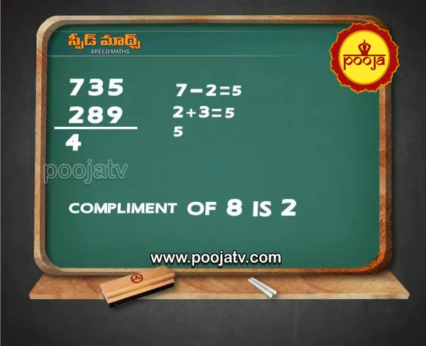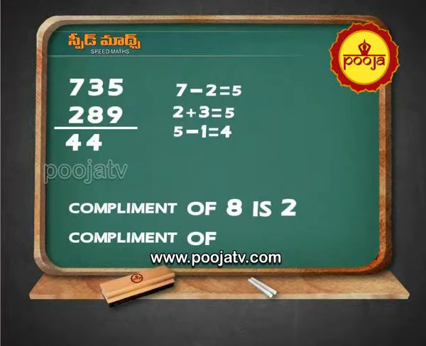Now add the complement of 2 to 3. Here you cannot subtract 3 minus 8, it is mismatch. I told you, when it is mismatch, what to do is a simple thing. Add the complement of the lower number to the upper number. What is the lower number? It is 8. What is its complement? 8's complement is 2, because 8 plus 2 is 10. 2 plus 3, 5. You are supposed to write 5 here, but immediately you have to see your right side, whether it is a match or mismatch. If it is match, you write as it is. If it is a mismatch, you reduce 1. Only 2 things.